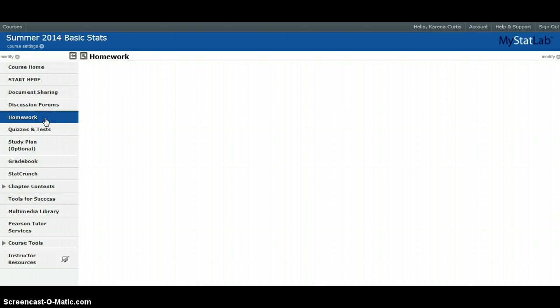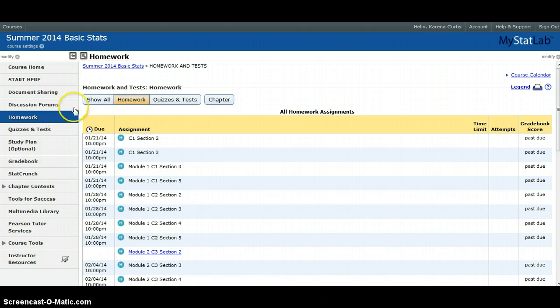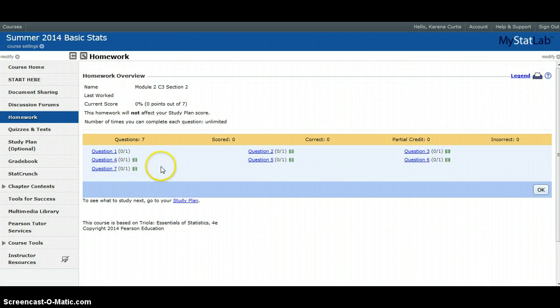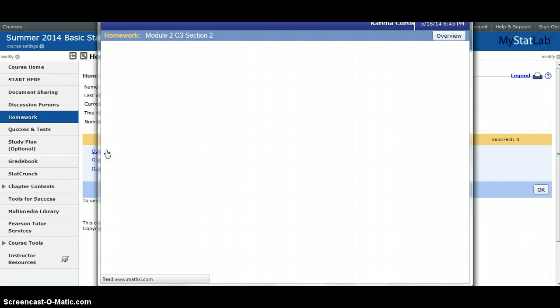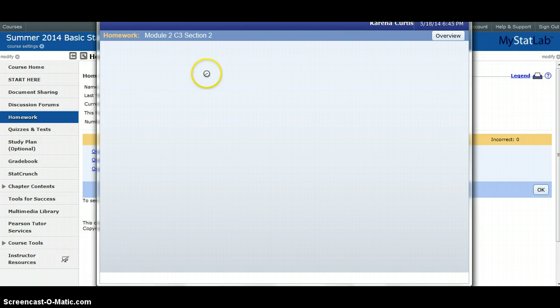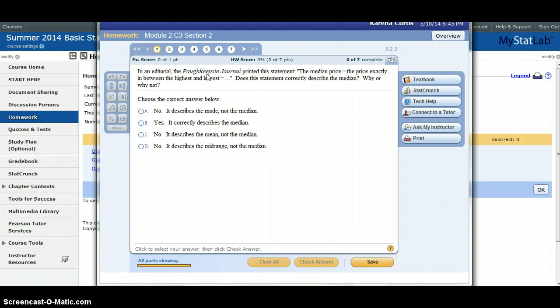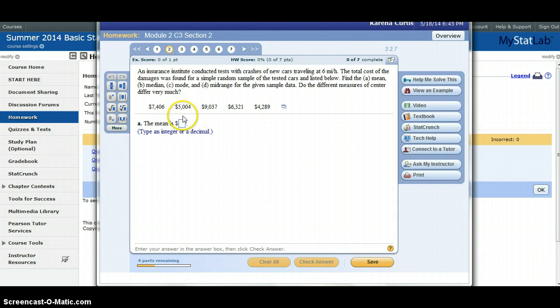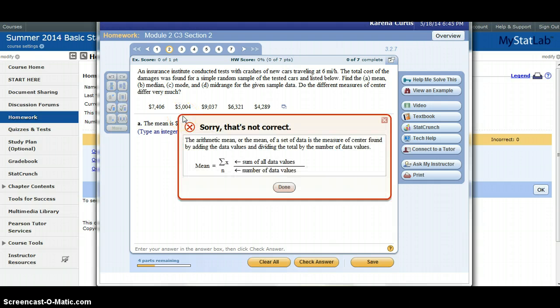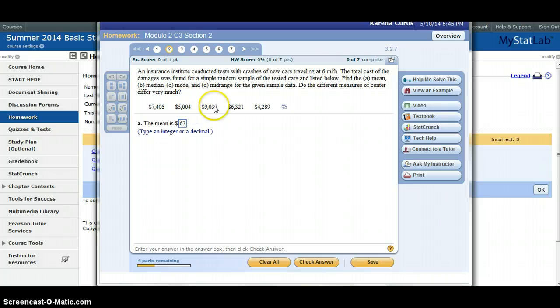Here's where you're going to find all of your homework, and the nice thing about the homework is that when you go into it, you're allowed to do it until you get 100%. You can leave the homework, so even though there's only like 8 problems on this section, if you get busy and you need to leave, you can exit out and then come back later and finish it. It will give you 3 attempts on each problem, so if you get it wrong, it'll tell you and it'll give you a hint. And then if you get it wrong,